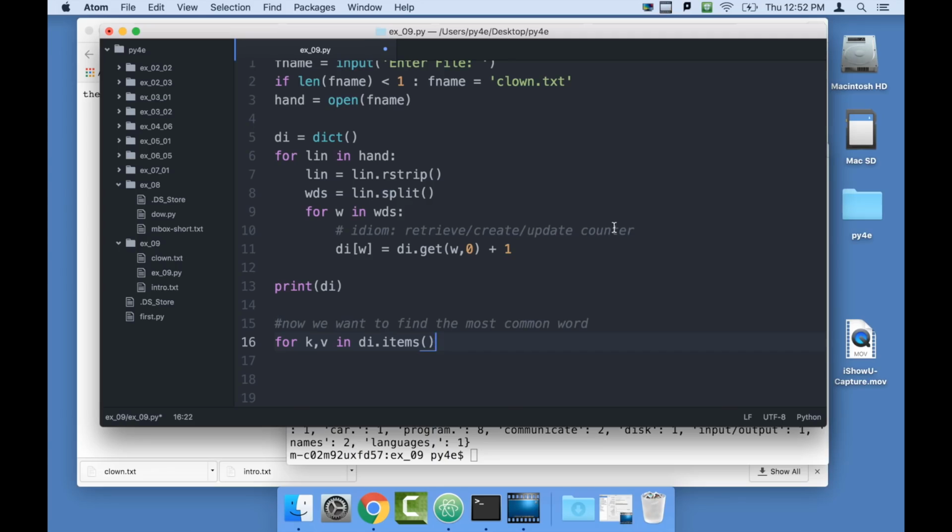And items is a method inside of all dictionaries that says give me the key value pairs, and we need 2 iteration variables. So this is like an assignment statement for k and v. K and v take on the successive values for the key and the value. Okay? So if I just now print k comma v,